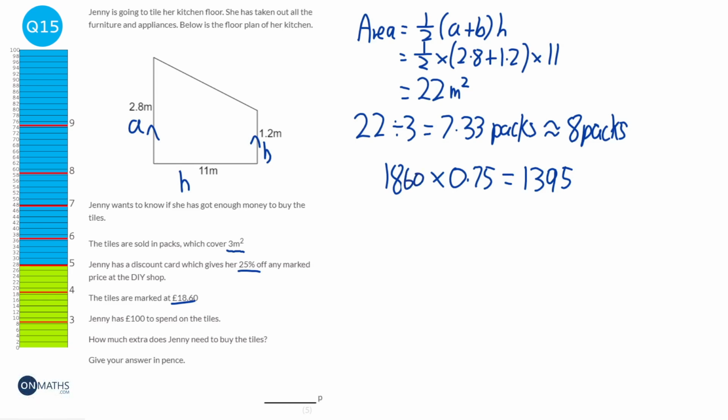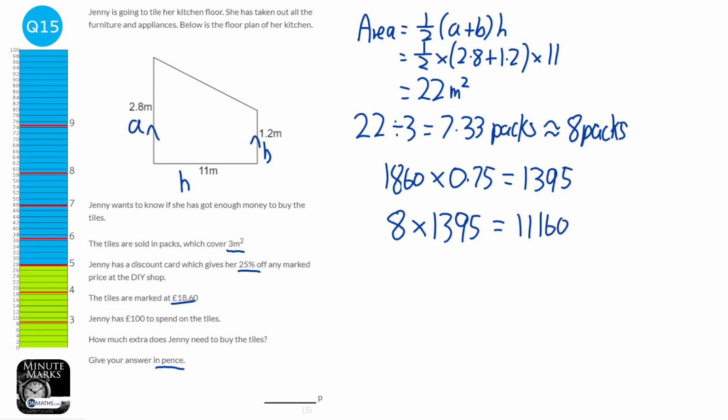So that would be 1,860 times 0.75, and so each pack will cost 1,395, and the reason we're doing this in pence is the answer needs to be given in pence. So I might as well just make that conversion now. And so it's going to be 8 lots of the 1,395 pence packs, which will cost in total